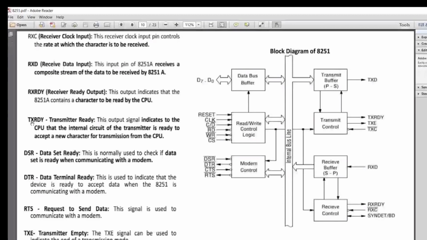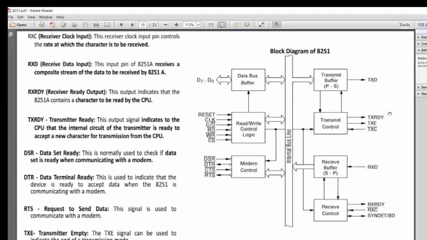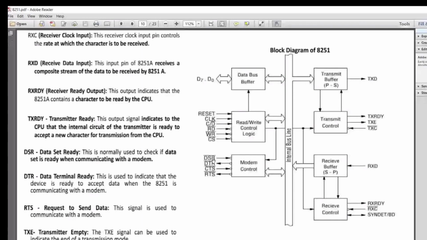Then DSR, data set ready, if the data set is ready when communicating with the modem. DSR and DTR are for when it is communicating with a modem. Transmitter ready and receiver ready are for communication with the 8086 on this side. DSR and DTR are used when the 8251 is communicating with another modem.